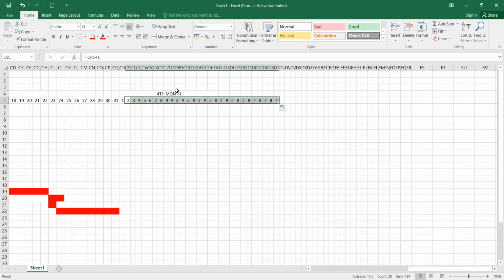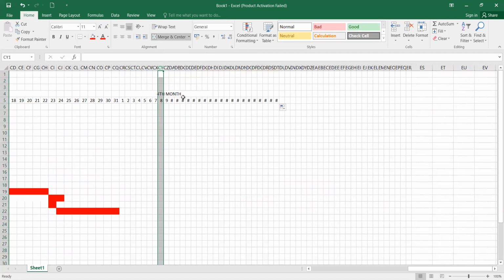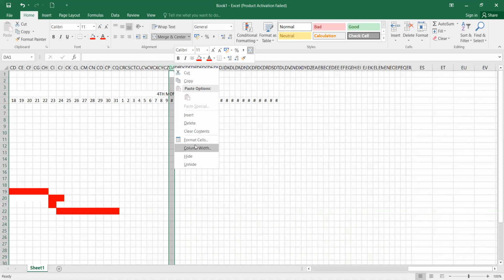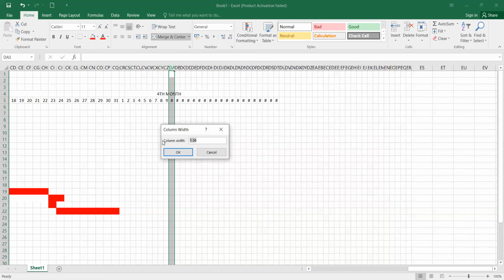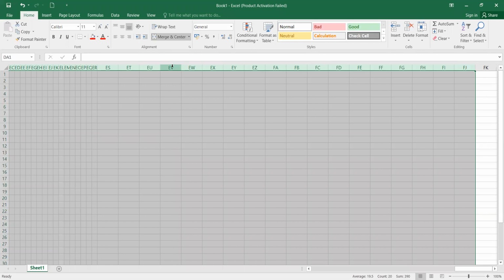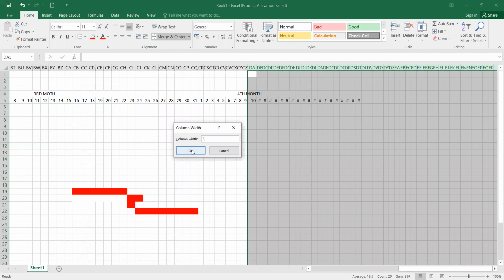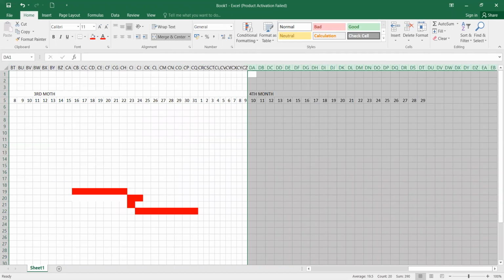So here the cost things have become small. So what I'll be doing, I'll be increasing the column width. See for example, the 10th month, it is here. I'll be taking it here. I'll say column width. So now 2.5 will not be helpful. I'll make it a 3, enter. So now what will happen? From there, I have to continue like this, whatever the days. Then I'll take one column width. I'll make it as a 3. So your column width everywhere has been increased. So now where we are.